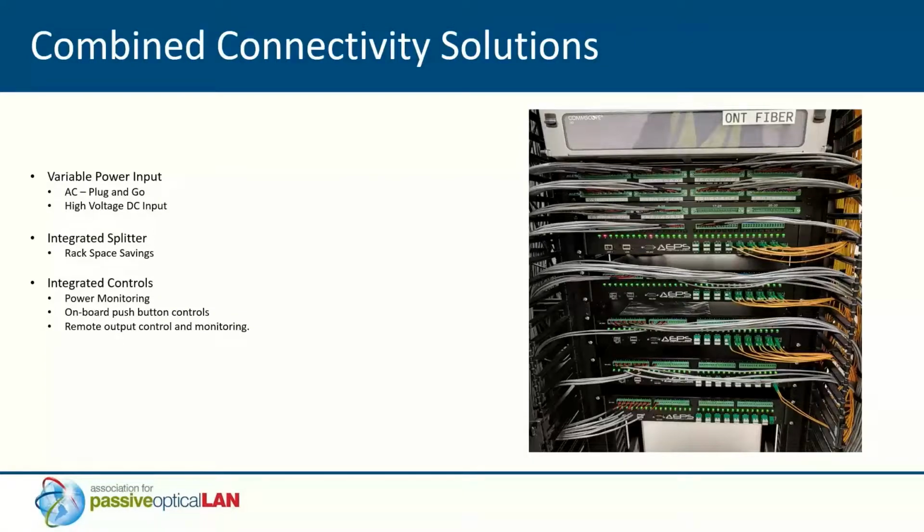This is an example of that combined connectivity solution, and you see these are becoming more common. The input power is variable. It could be AC plug and go or a high voltage DC input on the back on the business side. And then on the output, you have your 32 or 16 or 8 100-watt 56-volt DC outputs, but also an integrated splitter within there. So you get your power and your splitter all combined in a